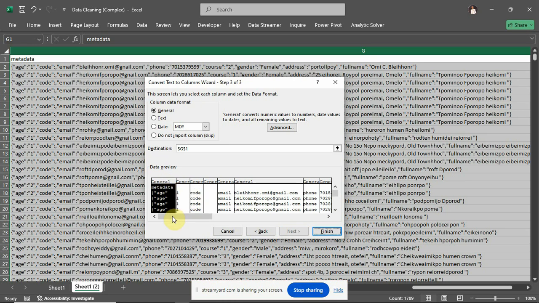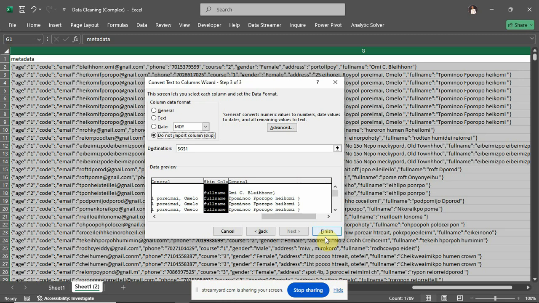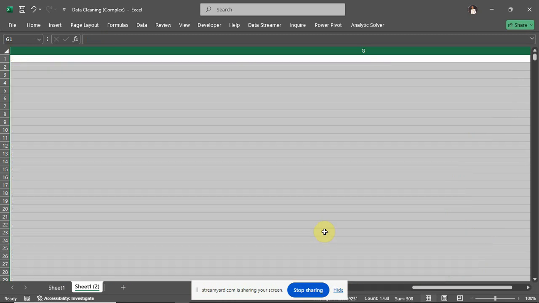So I don't want this variable just containing age all through, so I can skip it. Code, I can skip it. Email, I could skip it. Phone, I could skip it. Course, I could skip it. Gender, I could skip it. Address, I could skip it. Full name, I could skip it. And then this. Okay, so if I select finish, it will